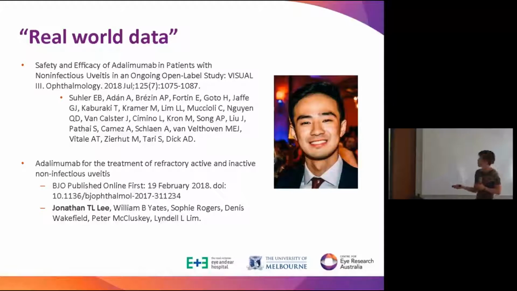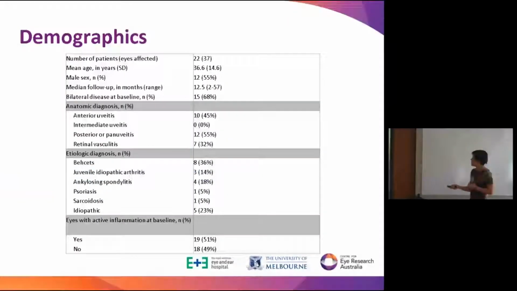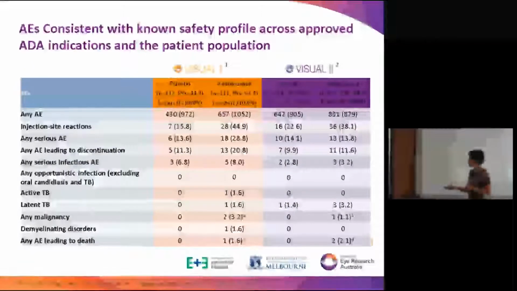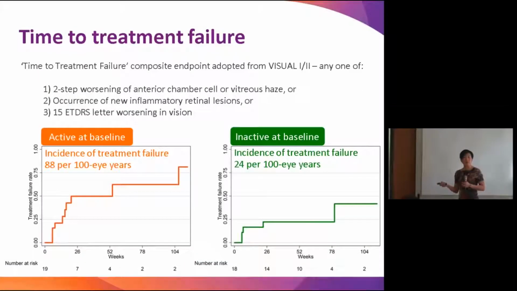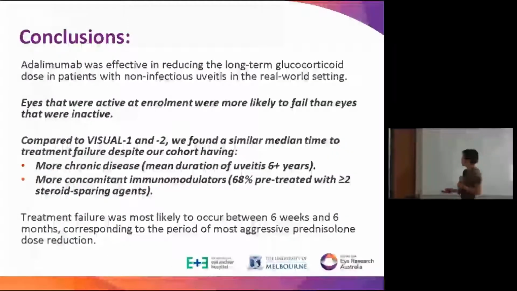Patients could get off their Prednisolone by and large, retain their vision, and essentially similar sort of curves that you saw with regards to time to failure in both the active and inactive groups that you saw in the randomized controlled trial. So even in real world situations with more aggressive, less clean-cut cases of uveitis, Humira does still tend to work. Okay, so this is despite the fact that our patients had more chronic disease, they were more likely to be on multiple treatments and failed previous treatments,